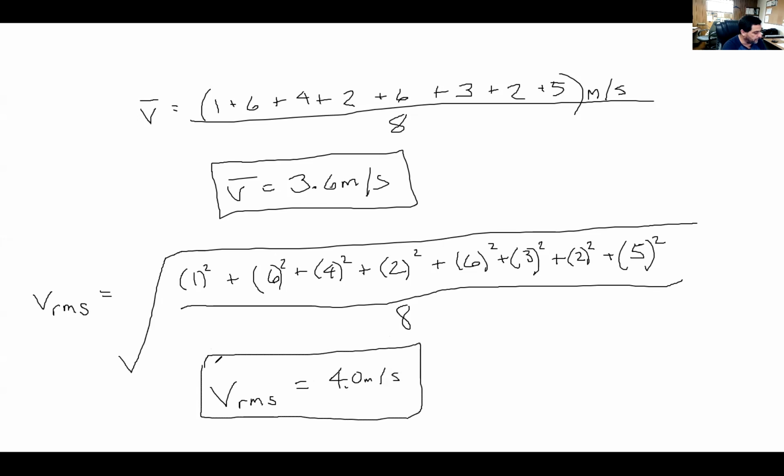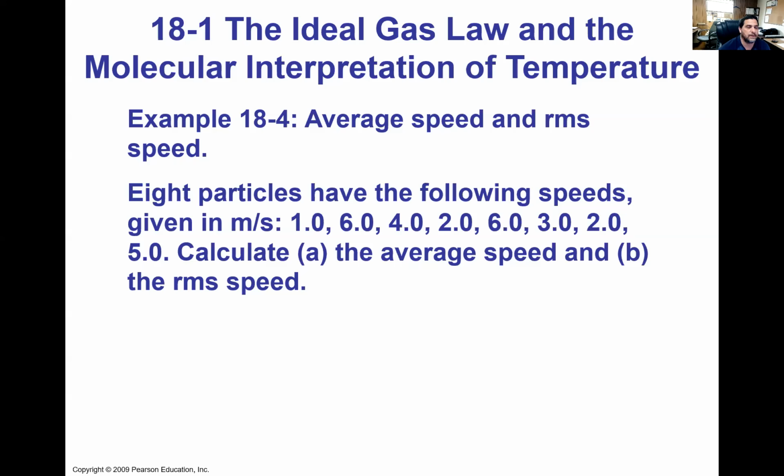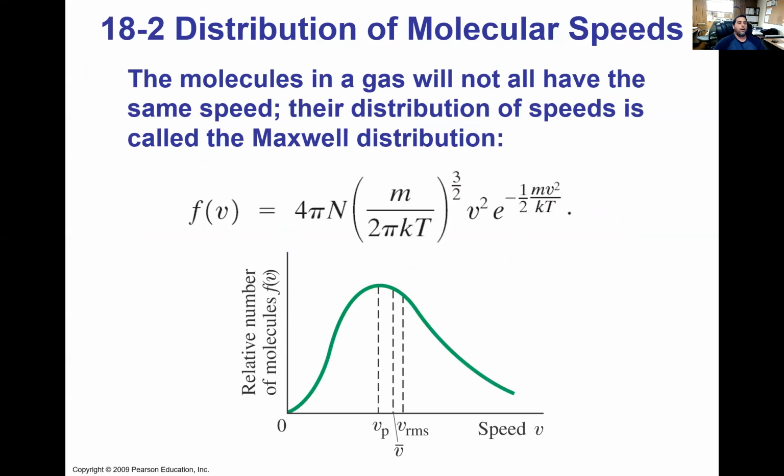So slightly different. So what does that mean? Well, in terms of molecular distribution of gases, let's take a look and see what that means. Might mean different things for different subjects, but molecules in a gas are not all going to have the same speeds, just like grades on a test. If you were to plot a whole bunch of data points, you could end up with a distribution. So the relative number of molecules and the speed.